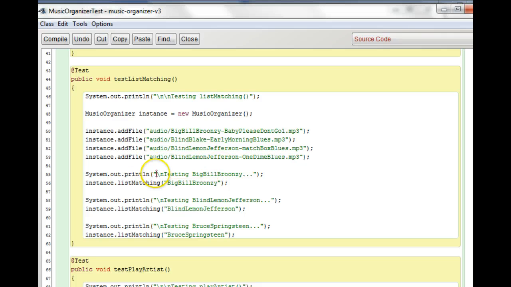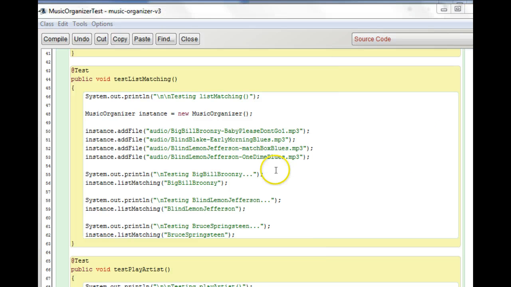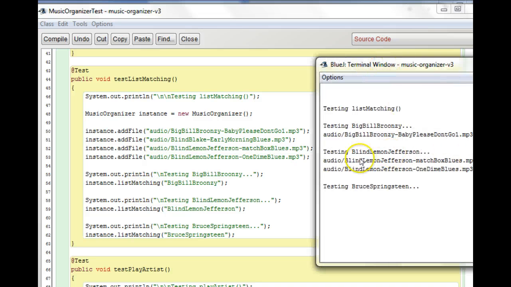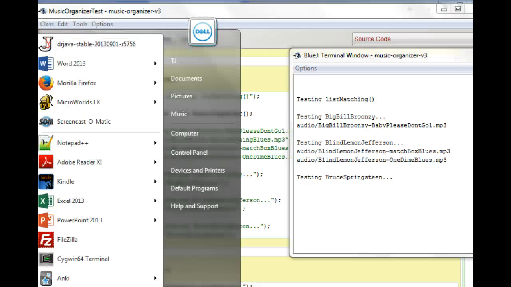It says print testing Big Bill Brunzi, and it types it out over here, and then list matching should print out all the files that match Big Bill Brunzi, which is this one. And the same thing with Blind Lemon Jefferson. Bruce Springsteen is not in this list anyplace, so when you say Bruce Springsteen, what you should get, actually, if you're implementing, so I like to see you get an A on this. And if you're implementing the